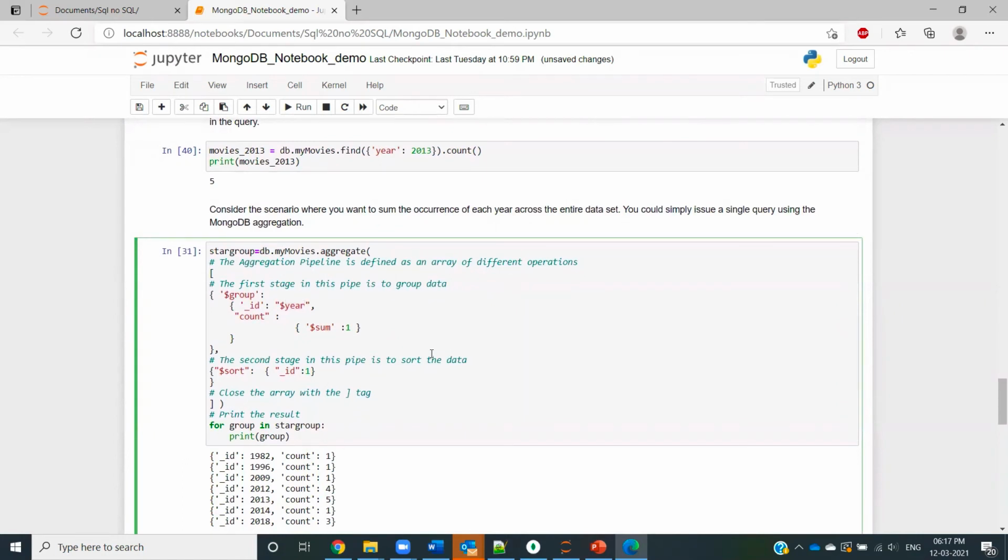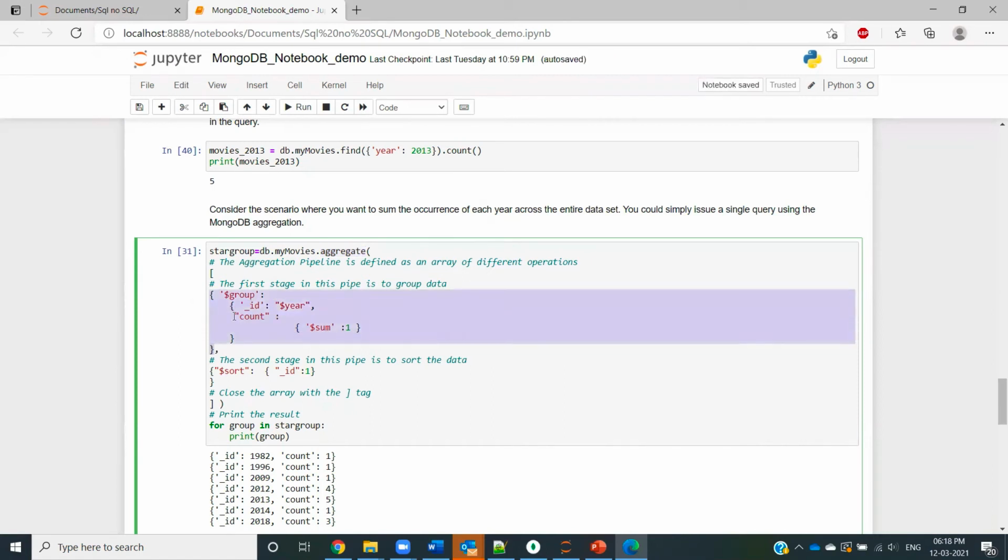This is very similar to what we do in SQL. In SQL, we have a group by function, which gives us aggregated numbers of the data that we have. Here, let's say I have a database of movies and I want to know, for every year, how many movies I have in my collection. For this specific query, I'll be using the aggregate pipeline. Basically, an aggregate pipeline defines an array which holds different operations that you want to conduct on the collection. In this case, I'm having two operations.